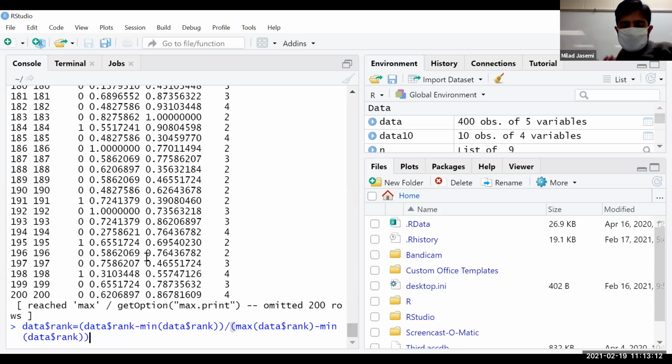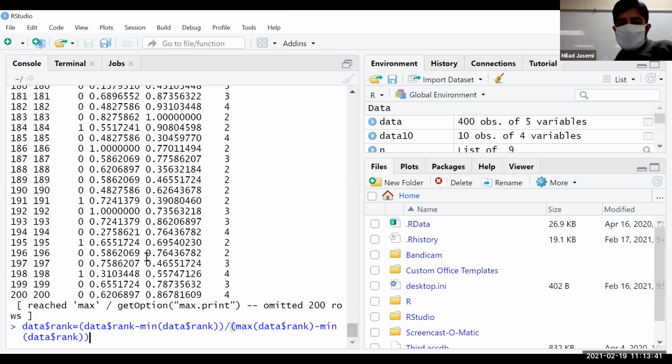Data dollar rank, the column of rank in data. You see the interesting thing about that, it just goes by the titles. Well, maybe you ask yourself, okay, how does it know that the column name is rank? Check the data that you have given. There is a header. That's the point. You define the header, and it goes and checks. So it means it goes and sees all those